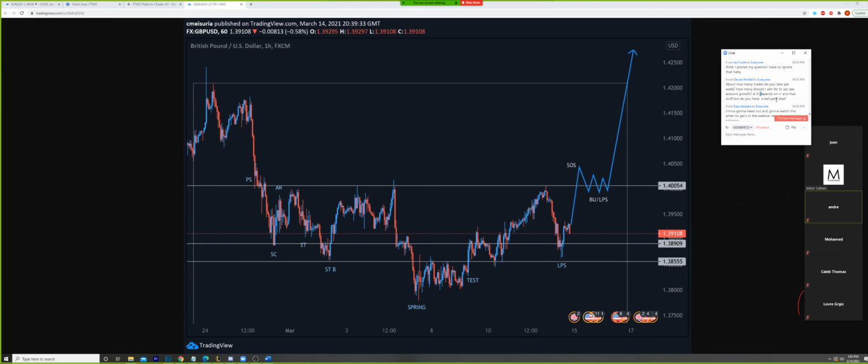How many trades do I take? If you're asking me specifically, this is not a number that you need to aim for, because it doesn't mean anything. I could tell you 50 right now, I could tell you 1 right now, and they could both be profitable. That's very important. For myself, it just depends on if I'm on. If I'm watching the charts and it's low spread, I could get 3 to 4 trades in a day.